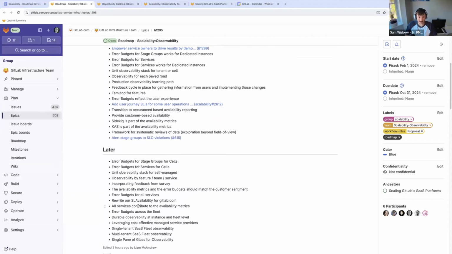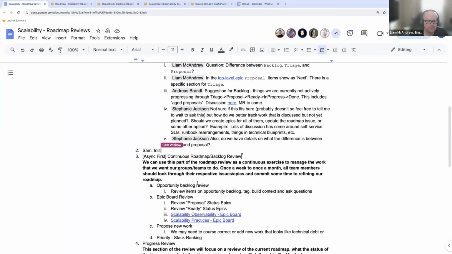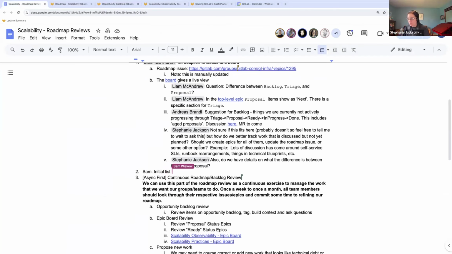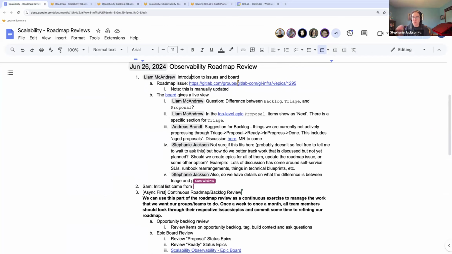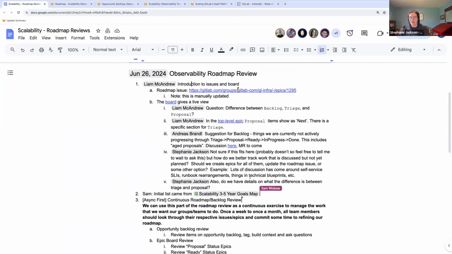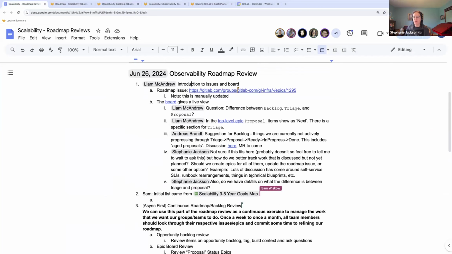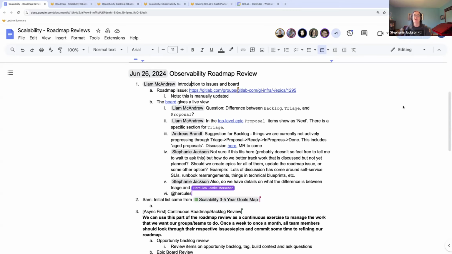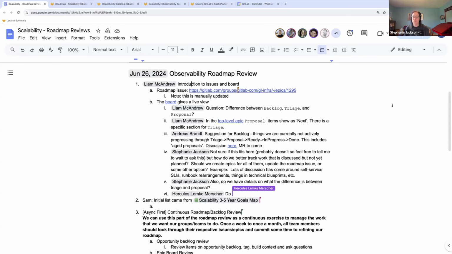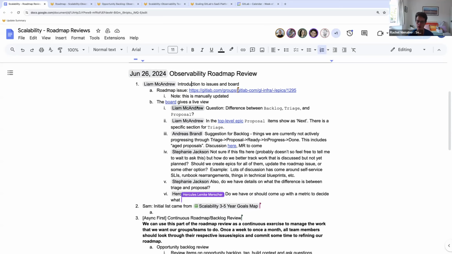Yeah. Can I jump in, Stephanie, really quick? I put a couple things on the agenda, but apparently no one was looking at that. It's okay. One of the questions is, in fact, how does something get here? But the one I think is much more important is, what's the difference between triage and proposal? Because one of them says triage is something that we should do things with, and proposal doesn't really have a definition. Do we need 2 sections for that? This is something that has come from way back, so I accept that it may be time to change this.